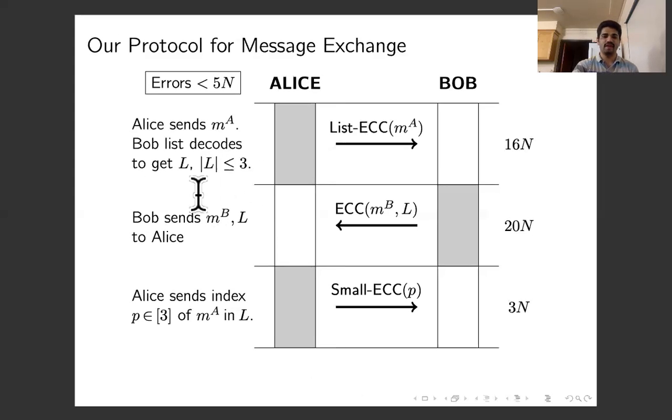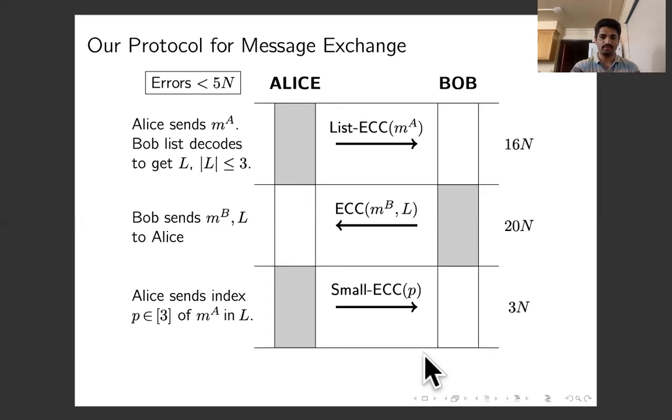Now, this list L has 3 elements, so it can have MA in position 1, in position 2, or position 3. And in the third phase, Alice sends this index or this position of MA in L, which is 1, 2, 3, using an error correcting code, a special error correcting code that I will call small ECC. This small ECC is really interesting in the sense that it has a binary alphabet, so it's only made up of bits. It has unique decoding, so after this phase, Bob will know MA exactly, and it has error resilience